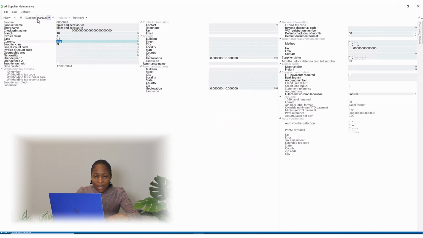Okay, and now that we're done with this information, we're going to come here on contact information, and we're going to enter a contact detail. So in this case, it's going to be Scott Davis, and we're going to tap off, and we're going to enter the telephone number 38956, and we're going to tap off, and we're going to enter the email address. So Scott dot Davis